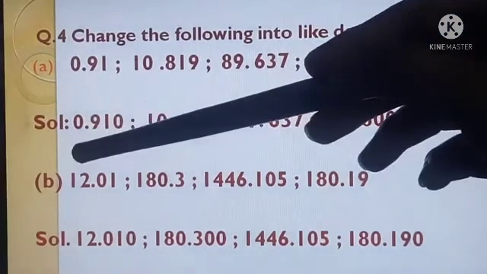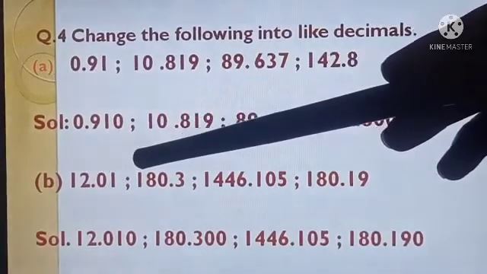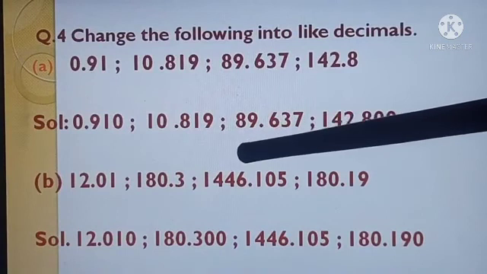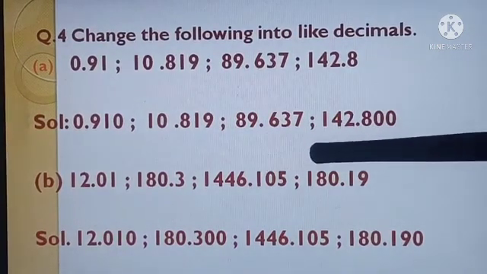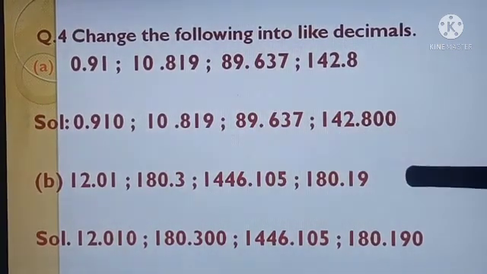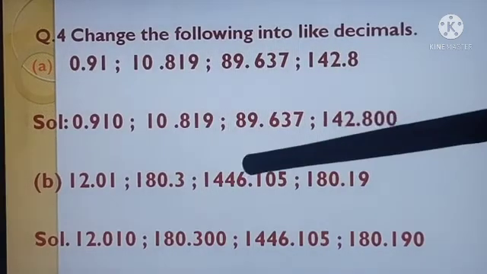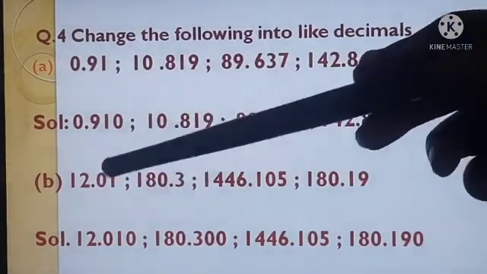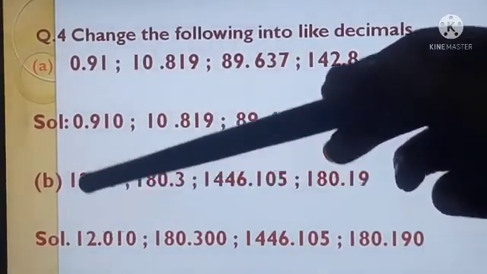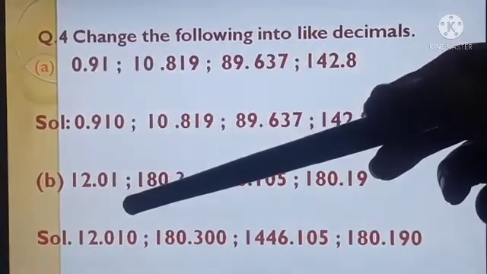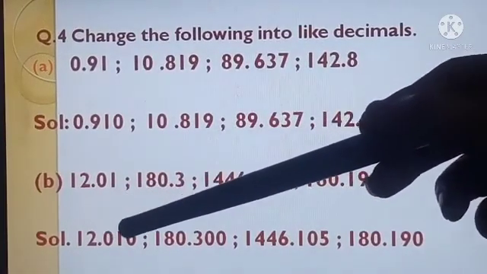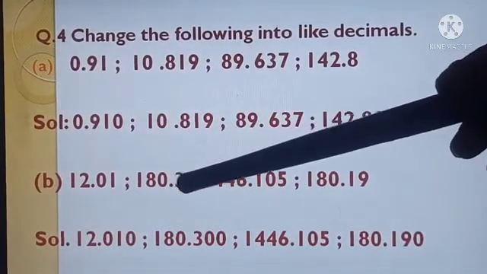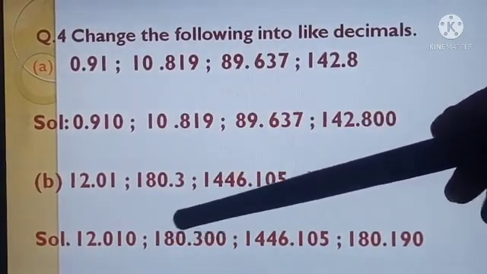Now B part: 12 decimal 01, 180 decimal 3, 1446 decimal 105, 180 decimal 19. So maximum are there 3 places, 105. So we will start from our first number, that is 12.01. It will become 12.010. 180.3 will be written as